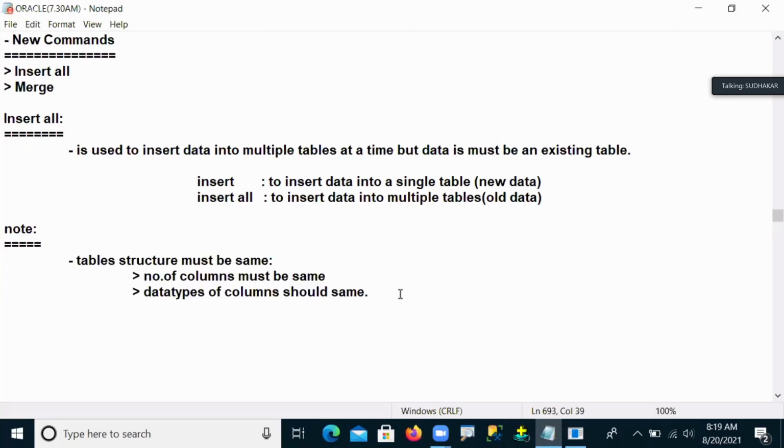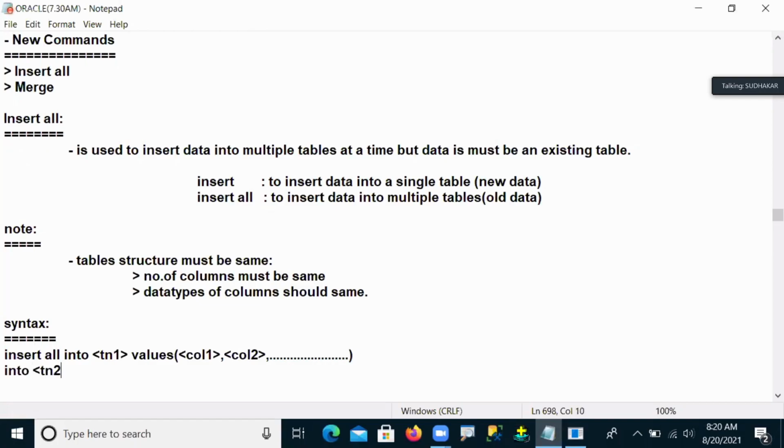Let's see how it is. Now this is the point that should be remembered. Observe the syntax, guys. What is the syntax here? Insert all into table name 1 values of column 1, comma, column 2, comma, and so on, like this.